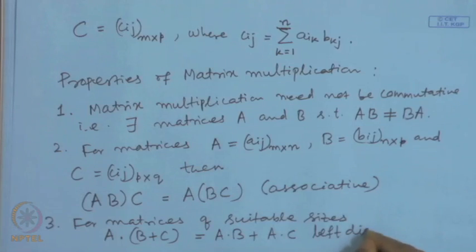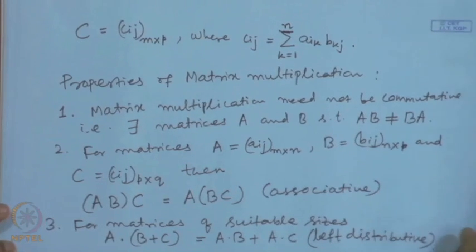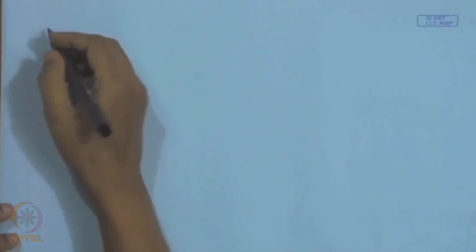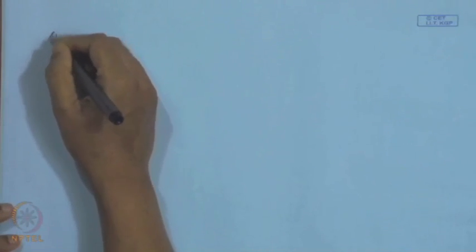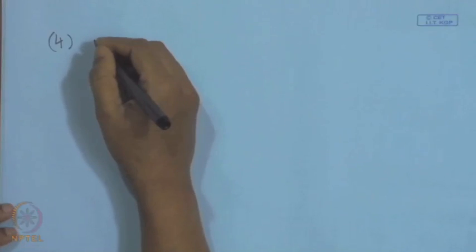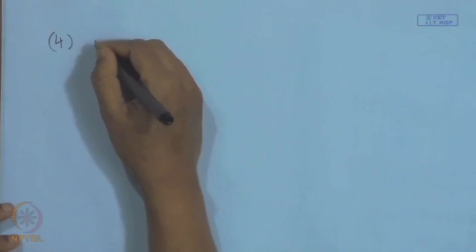This property is called left distributive. Similarly, we have the right distributive property that also holds for this matrix multiplication. So, that is for suitable matrices,